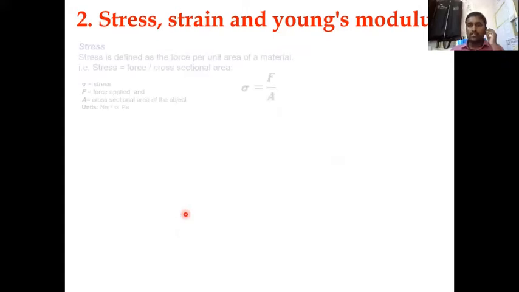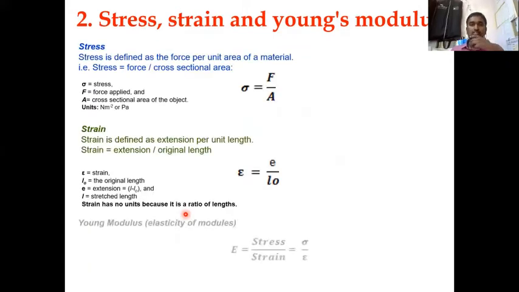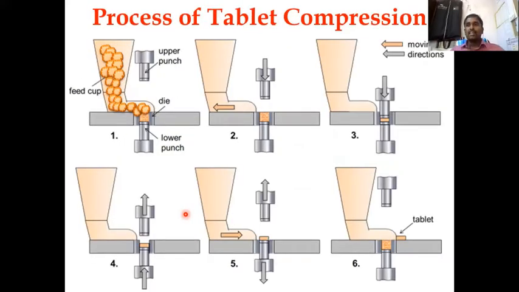These were the things which I have seen in the last class or the previous classes, where we discussed the deformation of solids. So right now the pending thing is Heckel's plots, and in addition to the Heckel's plot there is some kind of introductory plot also to be covered. Maybe they ask for it in the examination. So before going to the Heckel's plot or the remaining part of the deformation of solids, one should understand the concept of the process of tablet compression.